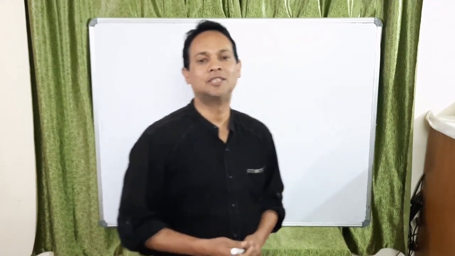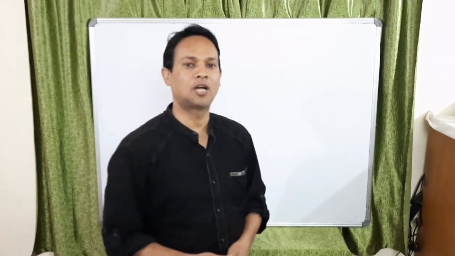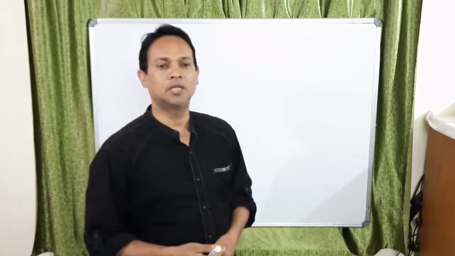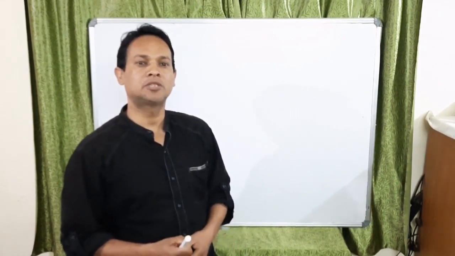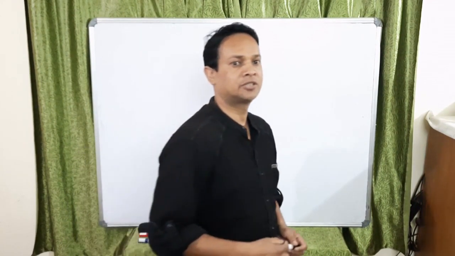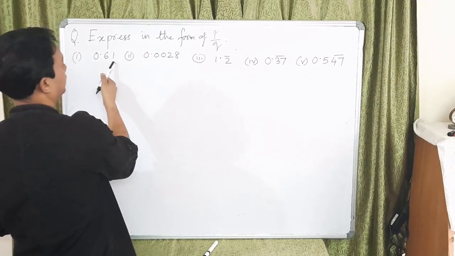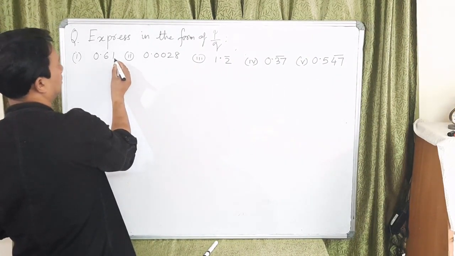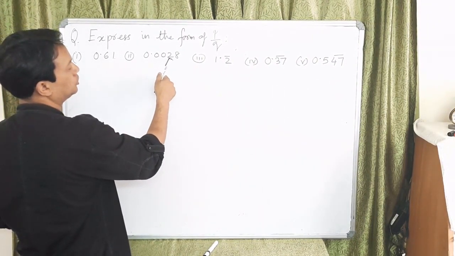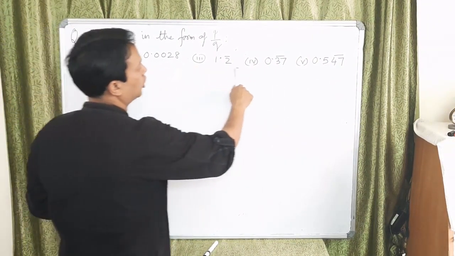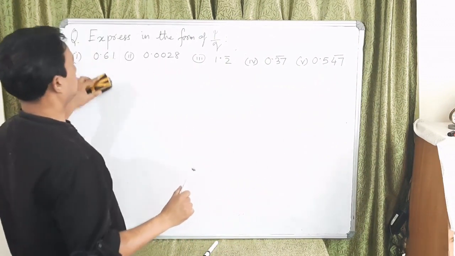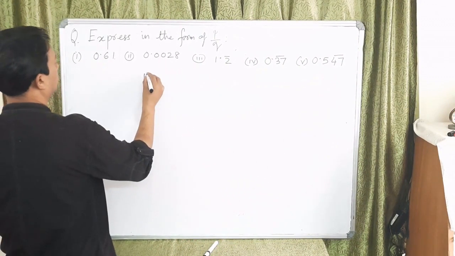Welcome back. In this class, the first thing we are going to learn is how to convert terminating and non-terminating repeating decimals into fractions. So let us start. First, two decimals which I have taken are terminating decimals: 0.61 and 0.0028. And these are non-terminating repeating decimals. Now let's start with the terminating decimal. The first one is